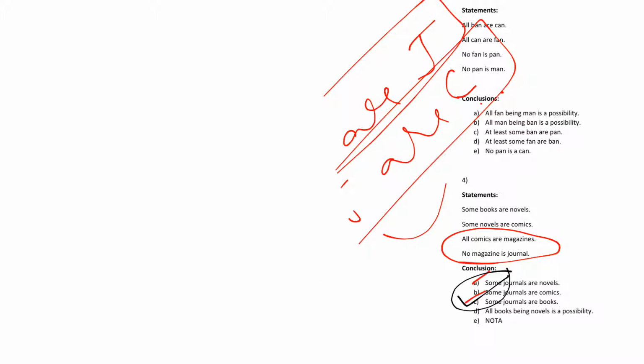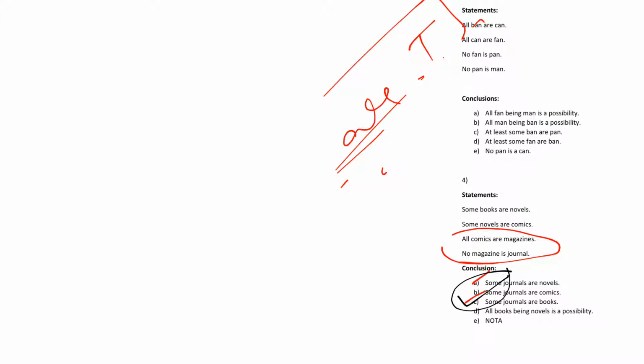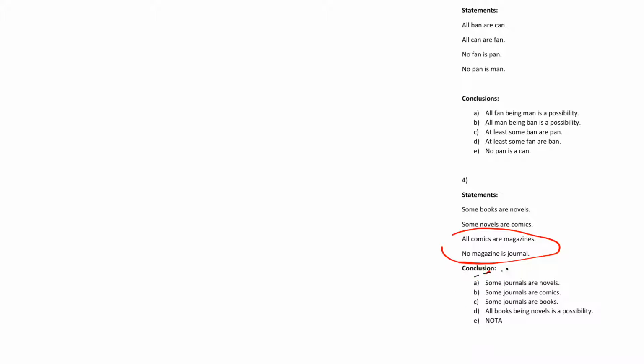As you know, the other rule which I said you use is only when you have some A R not B, because sometimes you don't have no there, or maybe you have something which lets you use some A R not B also. If you are not yet clear on that, you can ask me in the comment section and you will get your doubt clarified. But I've specially discussed that in my theory class.